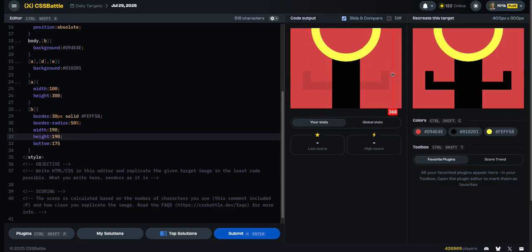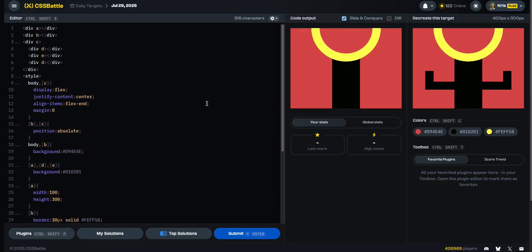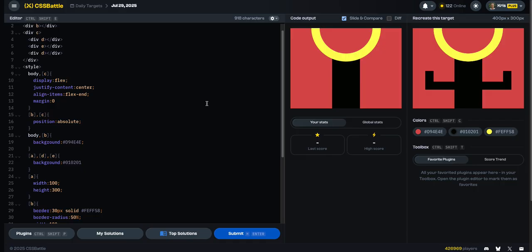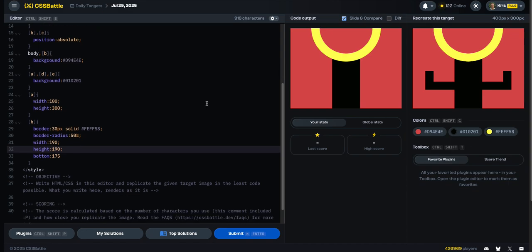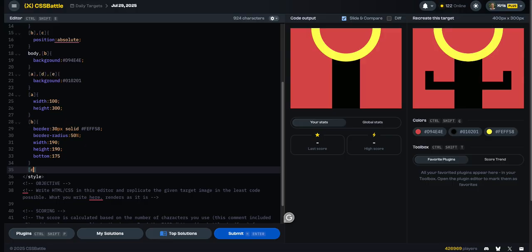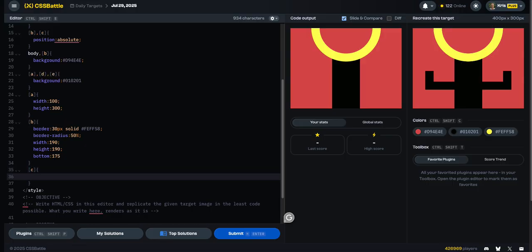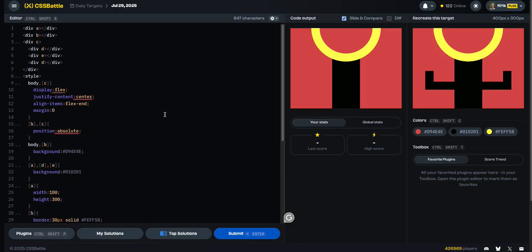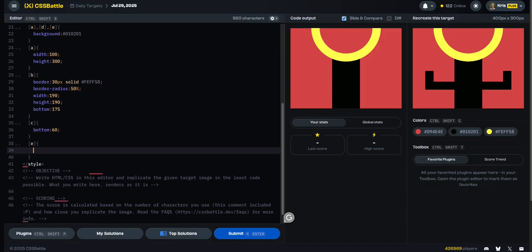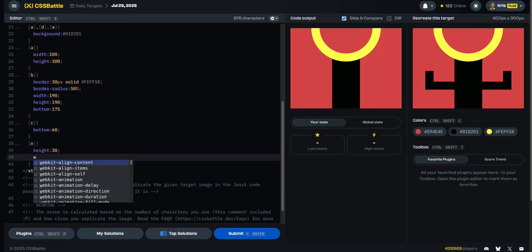Alright, so now we gotta deal with that container and those three elements. Let's grab C. And we're going to say bottom, oh, I don't know, 60. Now let's look at E. It looks to be the same as this border. The height looks to be the same as this border, so height of 30 and width of,